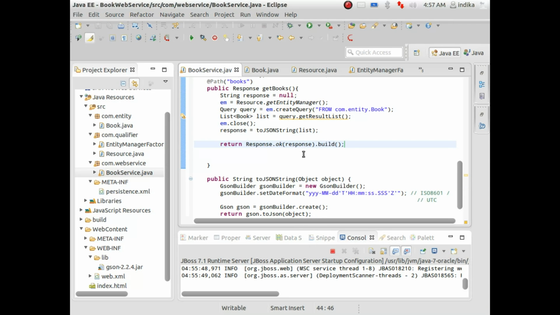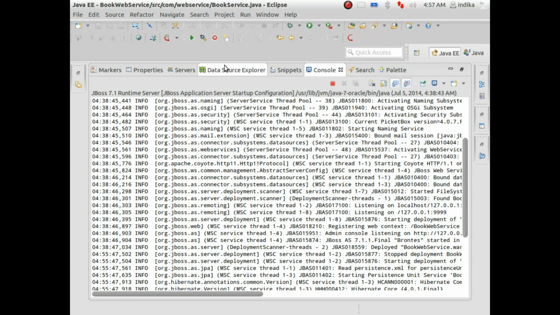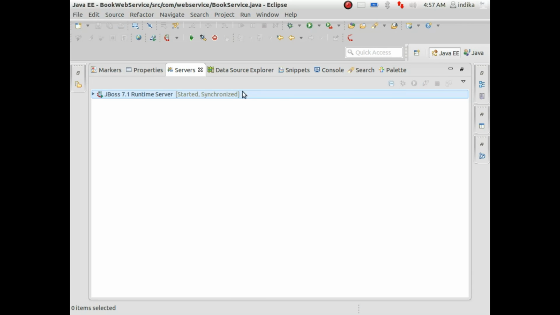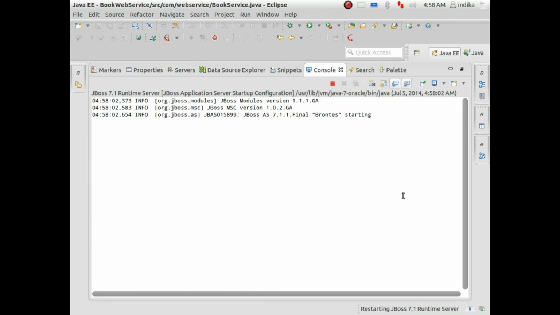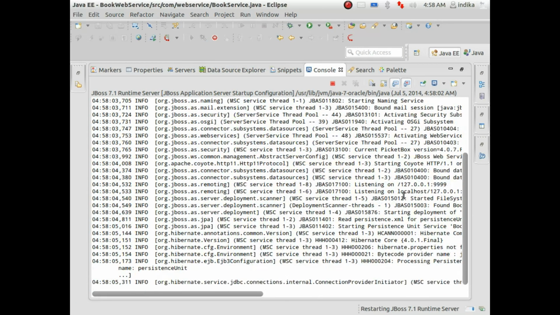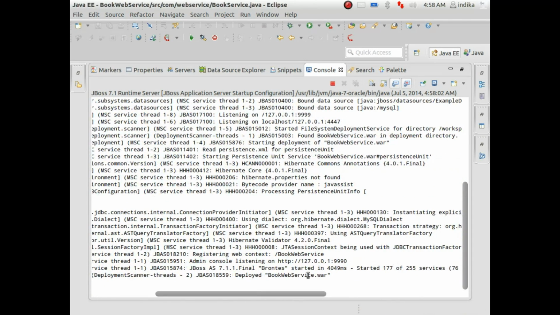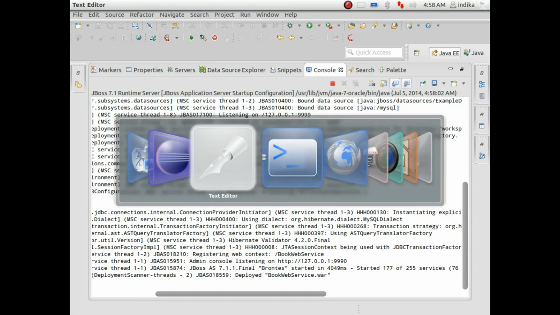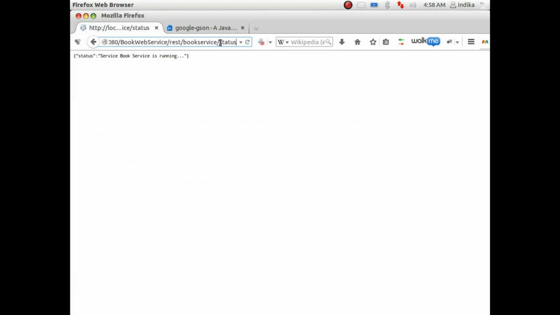Right, so let's go to my server, redeploy, and see what happens. So my persistence unit has got deployed, my book service is also deployed. Let's go in here, let's go to book service, and let's make sure the service is running, status is okay,